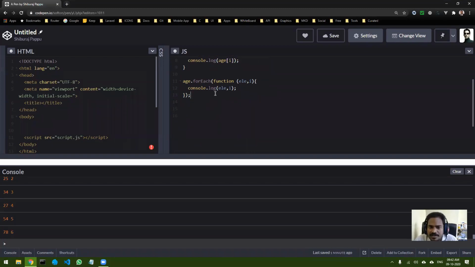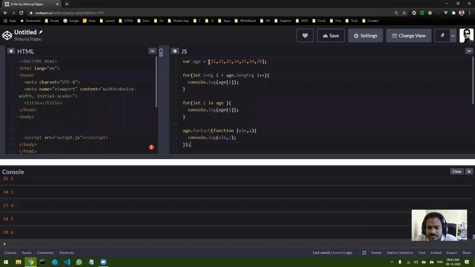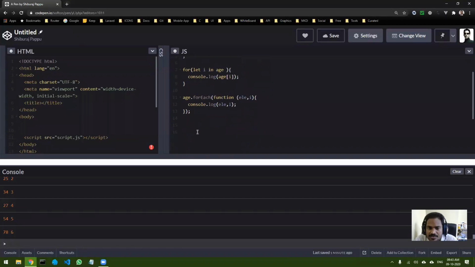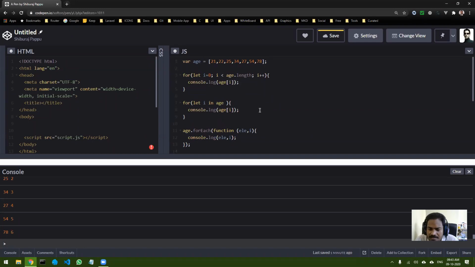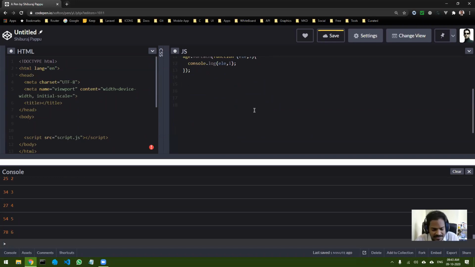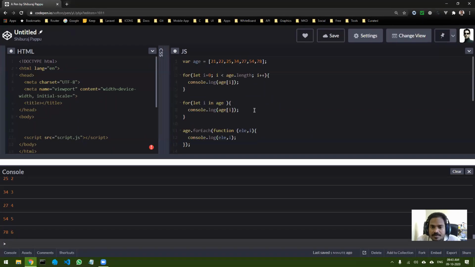Before we start with objects, I would like to show a few more things about arrays. Okay, so let's look at the first one. Let's suppose I want to check something, let's say, what are the ages.